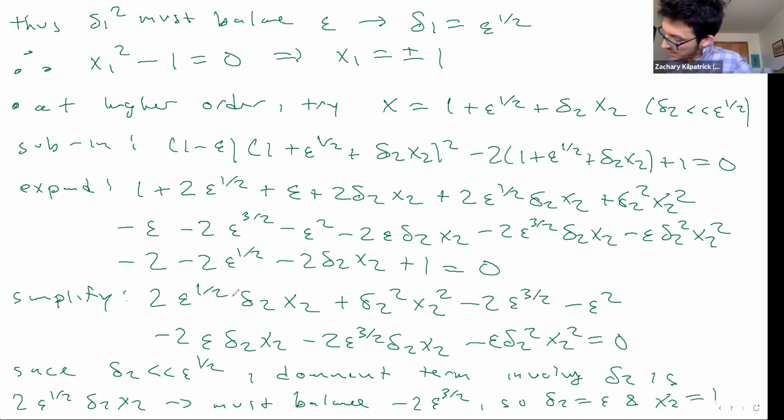So just to look back at this, even simplified, this looks like there's a lot going on here. But this is a delta 2 squared, so we know that's going to be smaller. This is a larger term than this. Epsilon times delta 2 is smaller than this. Epsilon to the 3/2 is smaller than this. Epsilon times delta 2 squared is going to be smaller than this. So we know that this is the term to zero in on, and this is the other term to zero